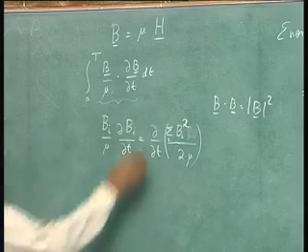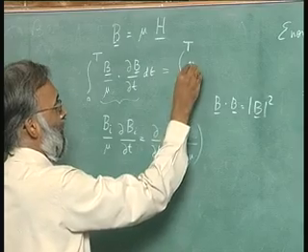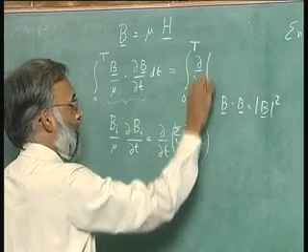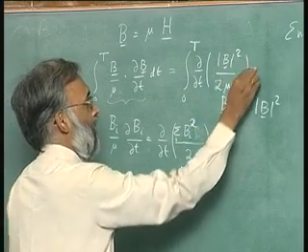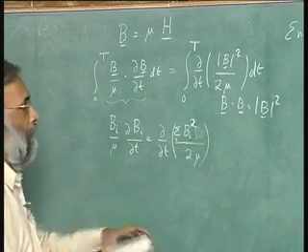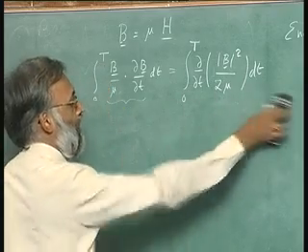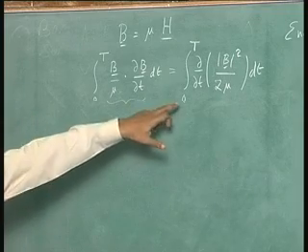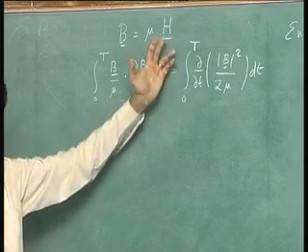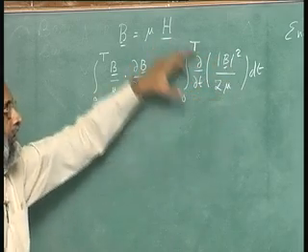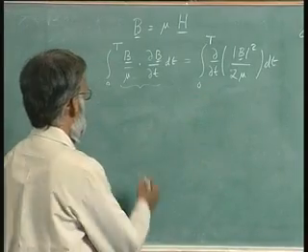So, I can write this down. This becomes integral 0 to capital T del del t of mod B whole square divided by 2 mu. An integral in time of something that is a total time derivative is a trivial integral. It is just this quantity at capital time T minus this quantity at time t 0. So, it is equal to